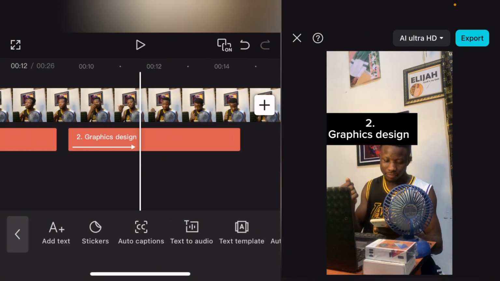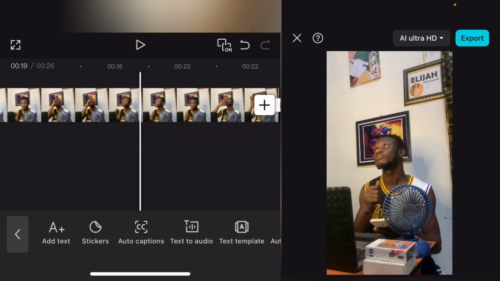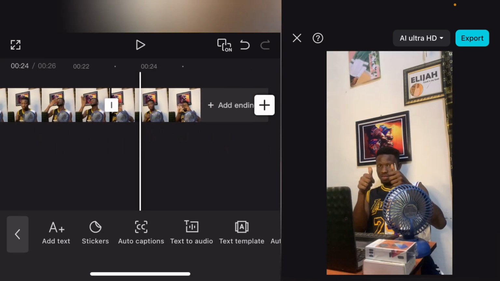Alright, so this is how you are going to repeat it and you are going to get it right. It is very simple. Just make sure that you set it to that point where you make that gesture so that everything will go in line with it. All right, so let's just skip the rest. Now the last thing I'm going to show you here is how to add your